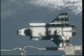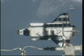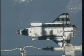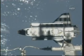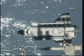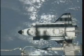Approaching the International Space Station from underneath in the payload bay. All of the equipment that will be left behind on the International Space Station. In the forward portion of the payload bay, of course, the docking system. And next is the integrated cargo carrier housing a new space-to-ground antenna, and the 6 batteries that will be